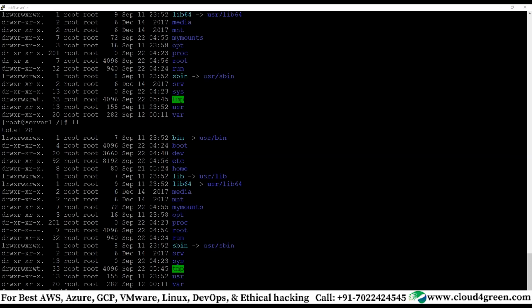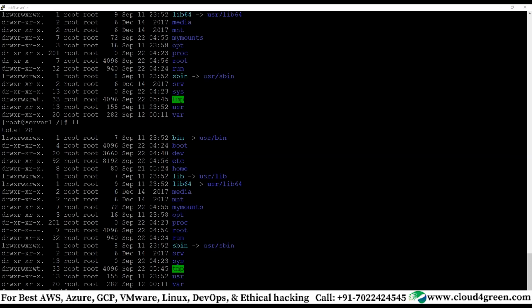Okay. Then we have also learned how to extend a logical volume, how to resize a logical volume, how to resize a volume group. We also learned about physical extents and logical extents. We know how to calculate the size of the volume group by using the physical extent. Clear?